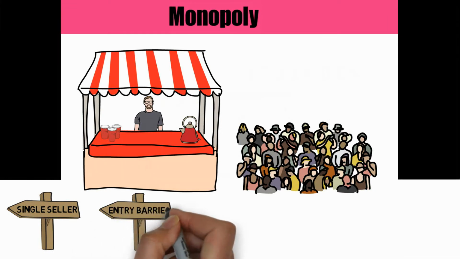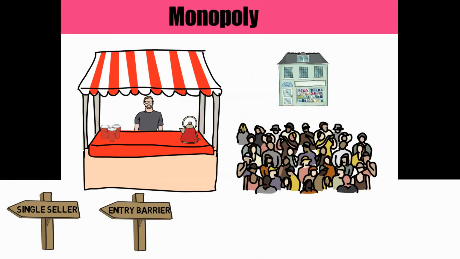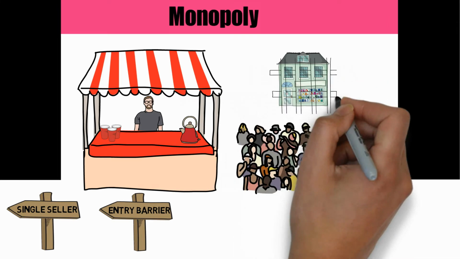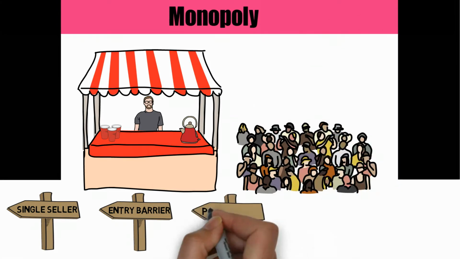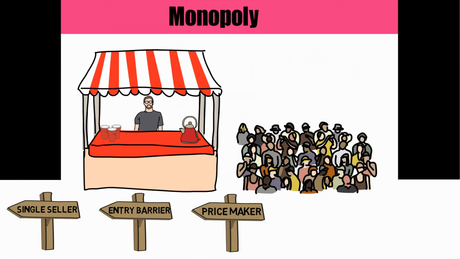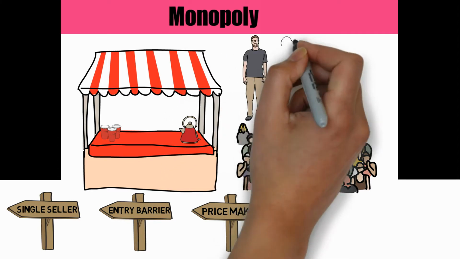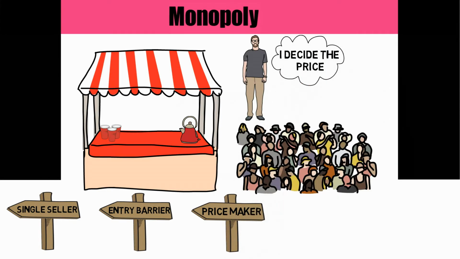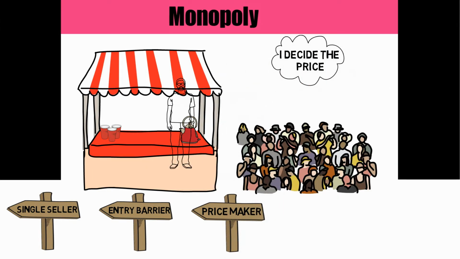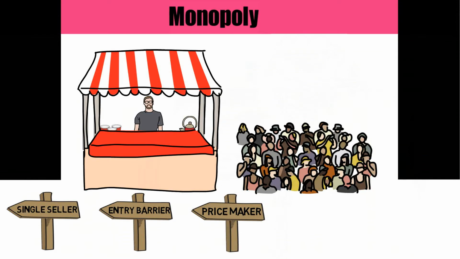Entry barrier. As a single dominant player in the market, it can create barriers for outside firms by manipulating prices. An entry barrier can also be because of government restrictions. In monopoly, the firm is the price maker. Being the only firm, the buyers have no other option but to always go to the firm to buy the service or product. Hence, the firm gets to decide on the price it wishes to sell.